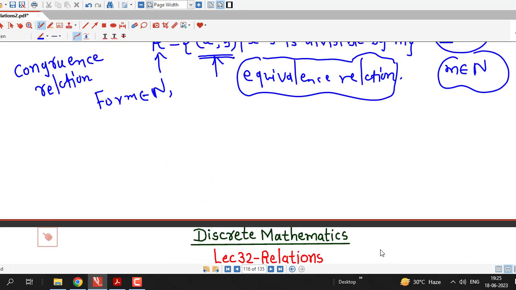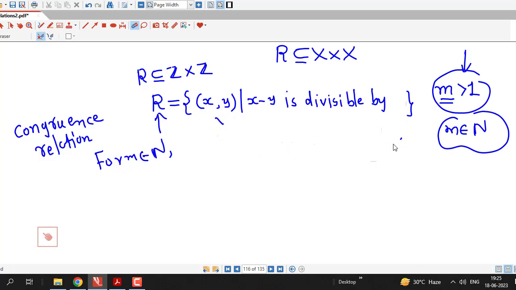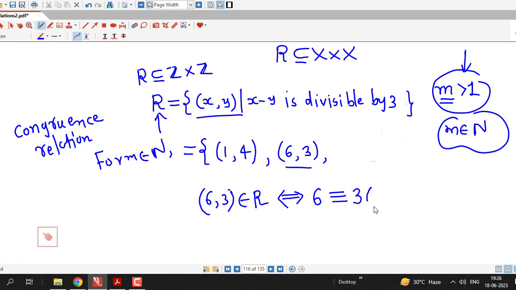For example, if you recall the example which we have seen in lecture number 31, we have seen that R equals the ordered pairs (x, y) such that x minus y is divisible by 3. So we have seen this type of ordered pairs here. If I take ordered pair (1, 4) or ordered pair (6, 3), then all these are elements of this relation R. So we can write that ordered pair (6, 3) belongs to R, or equivalently 6 is congruent to 3